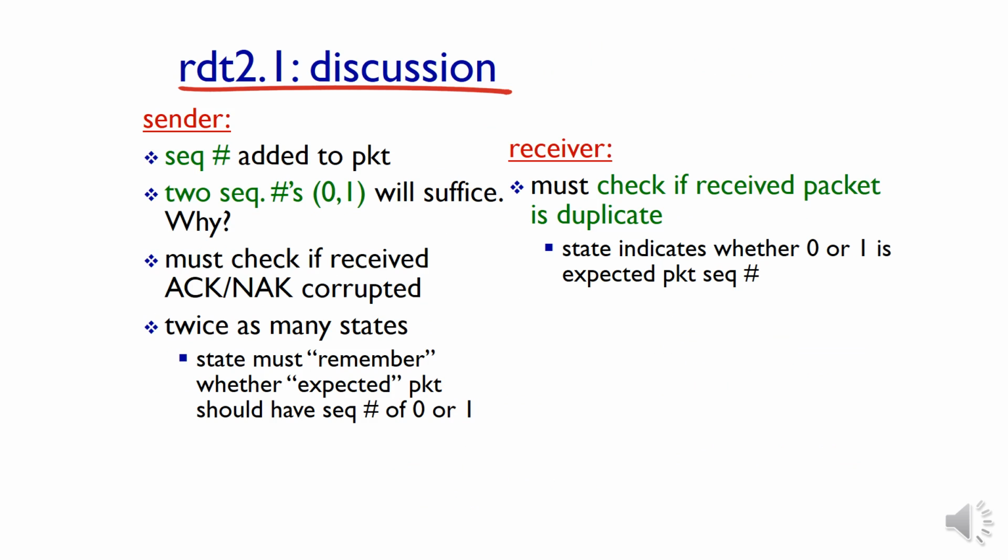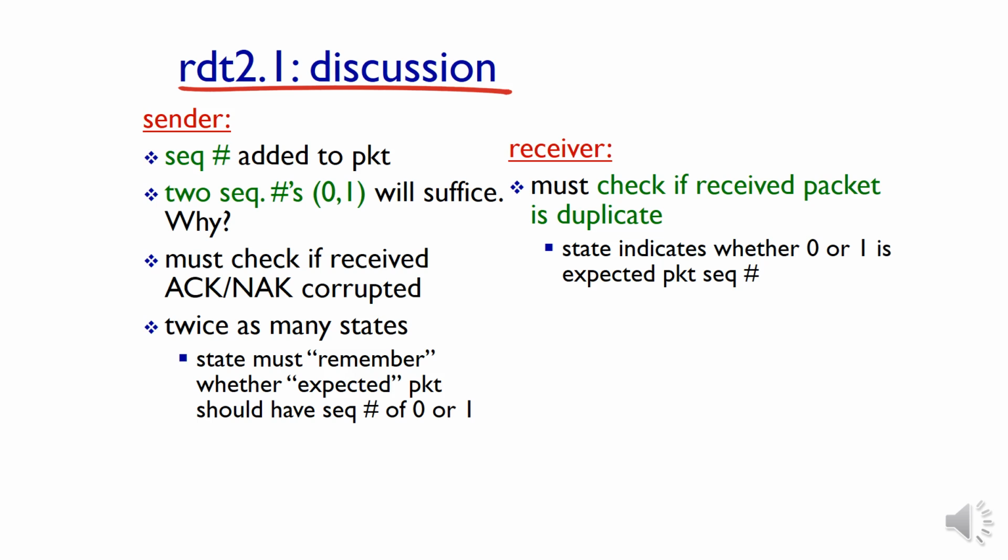The same thing is explained here, RDT 2.1. Here we are introducing a sequence number. Alternating sequence numbers 0 and 1 are used. That will be sufficient for representing all the packets, and the ACK and NAK concept is the same, but one additional thing is performed: whether the ACK is corrupted or not is checked at the sending side. Then this is explained in the